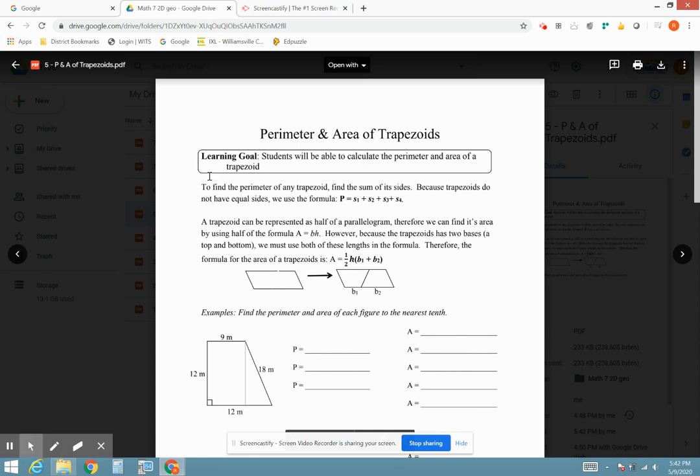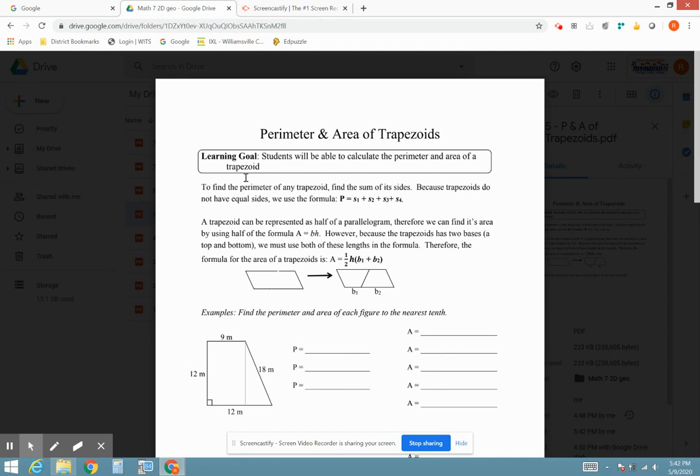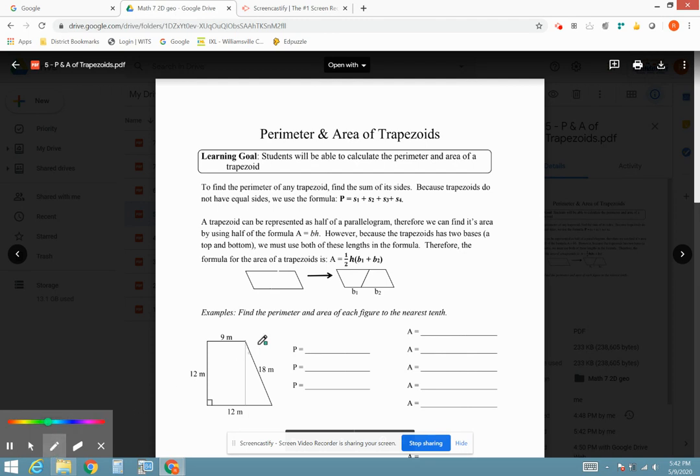Hey, hey, hey. Today we have perimeter and area of trapezoids, which is another type of quadrilateral. So perimeter still stays the same. Perimeter's distance around the outside, so we're going to add up all the sides. We have 4 sides, so it's side